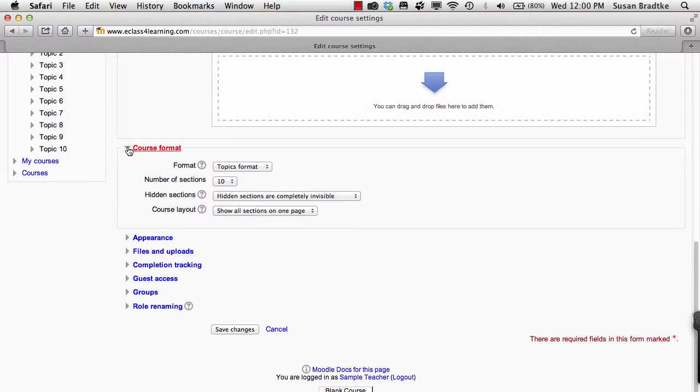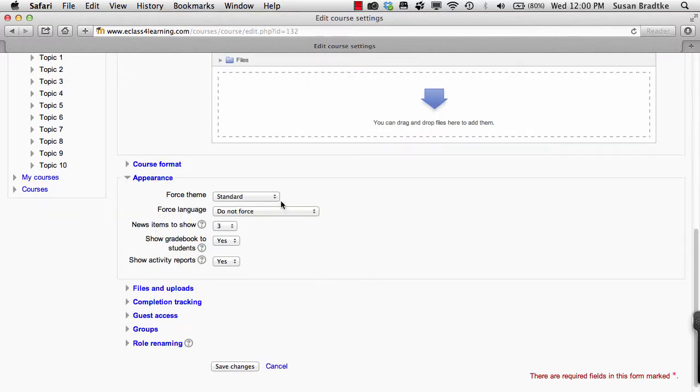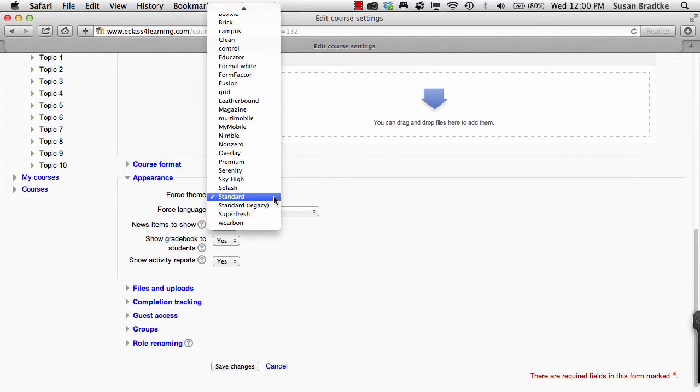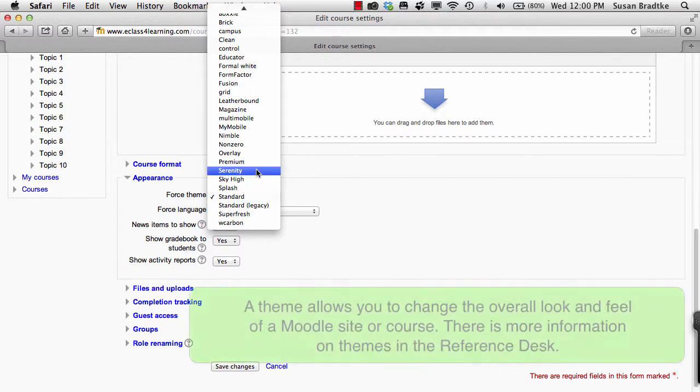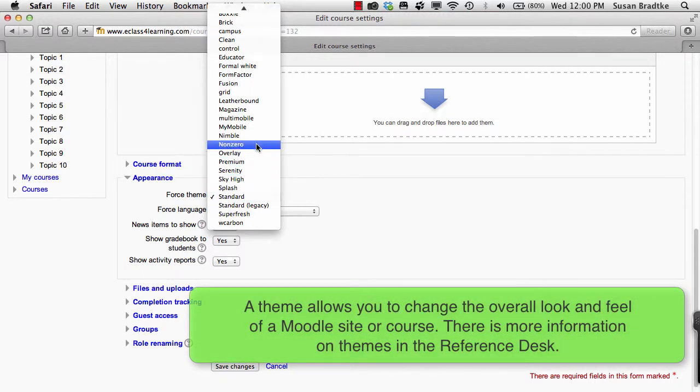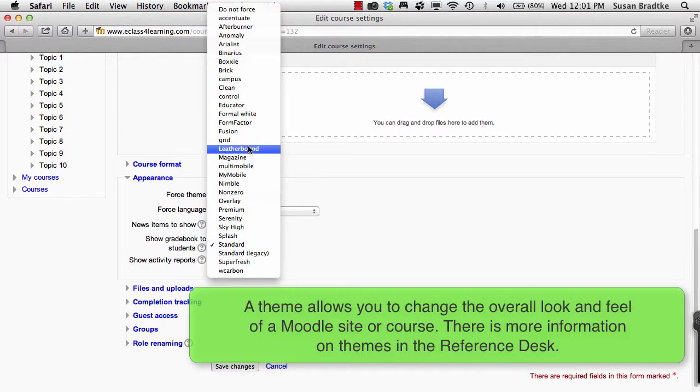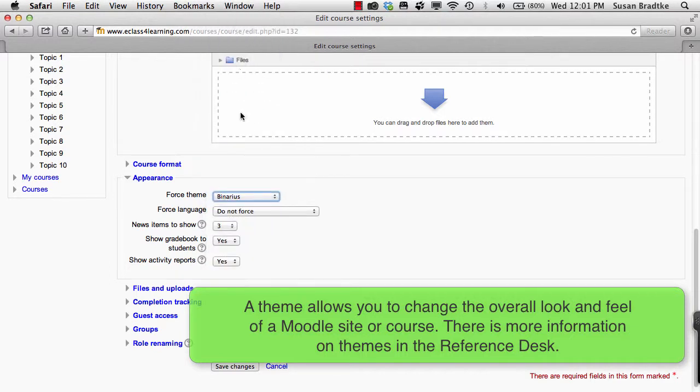I'm going to recollapse course format, and now I'm going to open up Appearance. Force Theme. For this video, the Moodle course is in a standard theme. The ability to change theme for a course is a Moodle administrative setting. You may or may not have this ability at your site. If you do see this force theme appear when you go to Edit Course Settings, this is your overall appearance of pages in your Moodle course and which columns blocks appear, whether you have a 2-column or 3-column layout for a theme. For example, I'm going to pick Binarious and demonstrate when we leave how the Binarious theme changes the